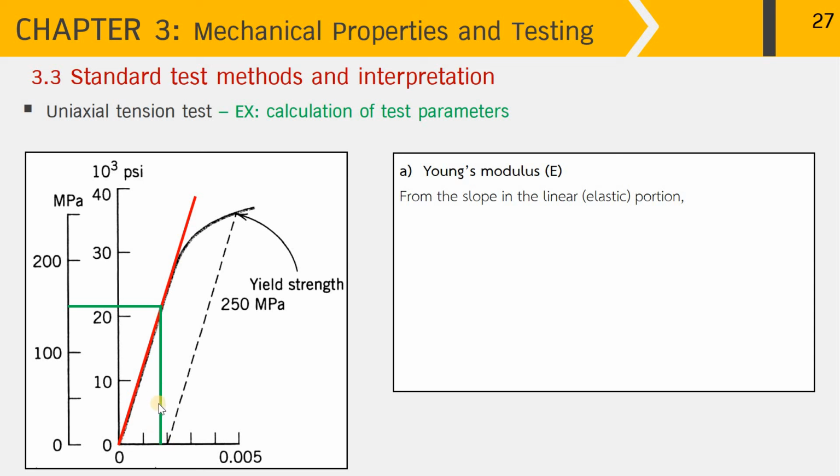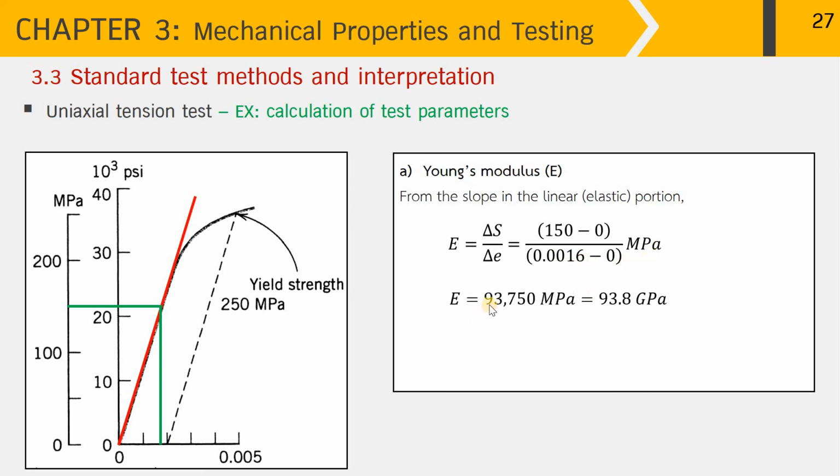And down here, I'm drawing the line crossing the strain at 0.0016. As you can see, this scale shows 0.005, and this point is for the strain at 0.002. Therefore, the green line is crossing the x-axis at around 0.0016. From the definition, Young's modulus is delta stress over delta strain. Then we have 100 minus 0 over 0.0016 minus 0 megapascal. And we come out with the number